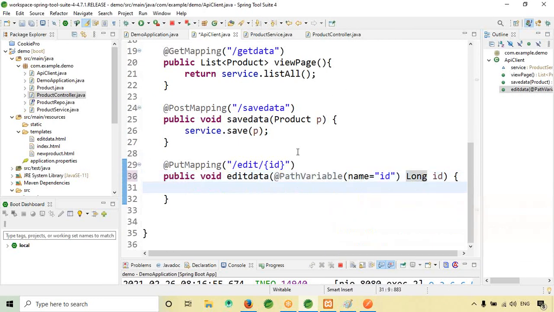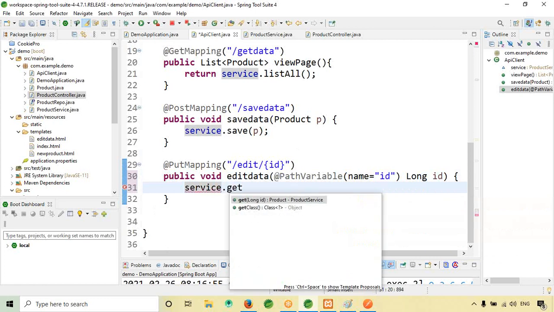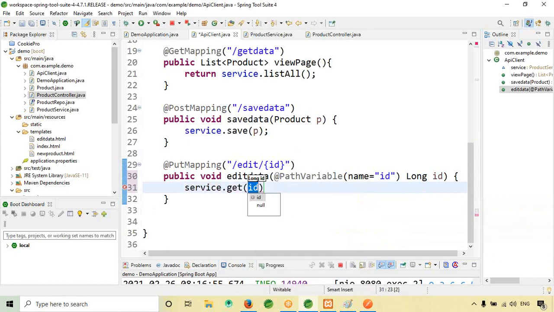Now if you want to update the data, just call service dot get ID.